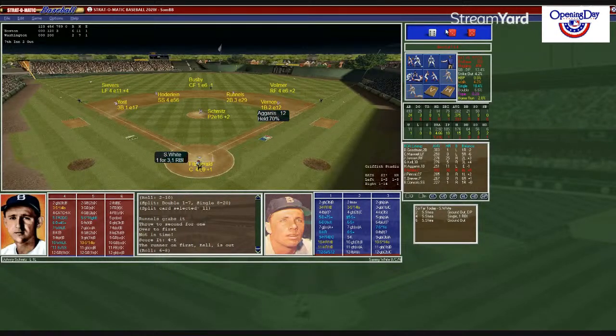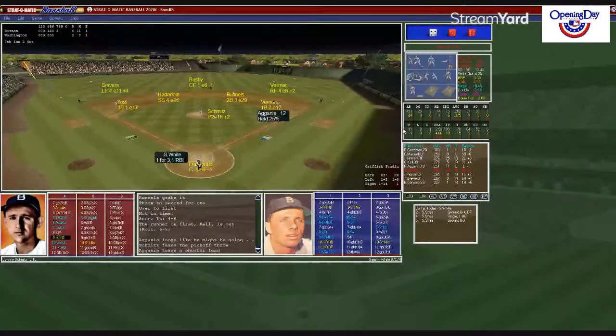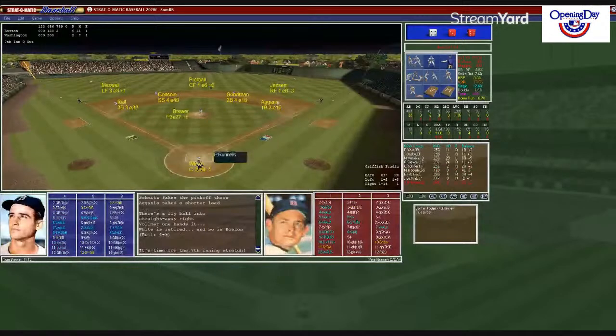Fitzgerald puts down the target. Schmitz, the left-hander, from the stretch. Here's the pitch. And they were trying to get a lead on Agonis. Here is a pitch to White. And that's a 4-9 fly ball to right field. Vollmer there makes the catch. And it's been the Jackie Jensen show. Let's get up in Washington. Jackie Jensen can run for president as the Red Sox